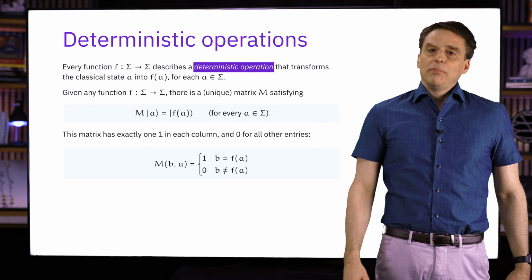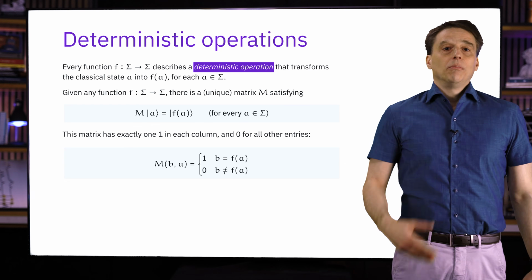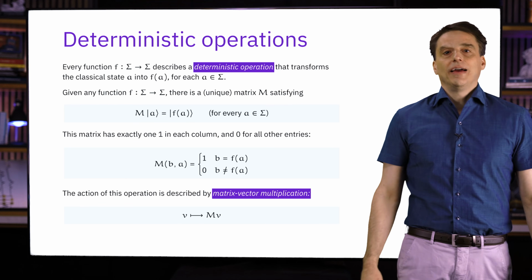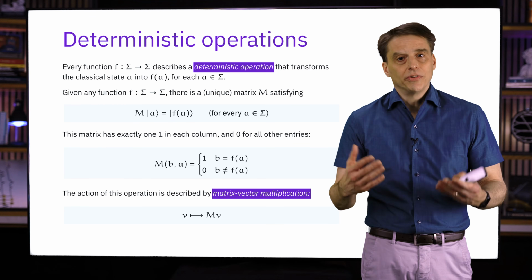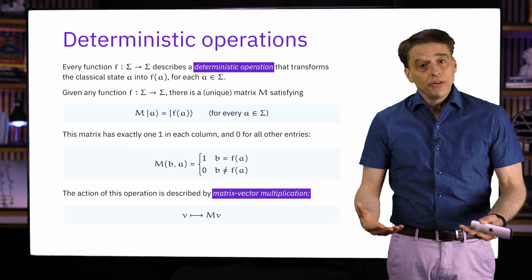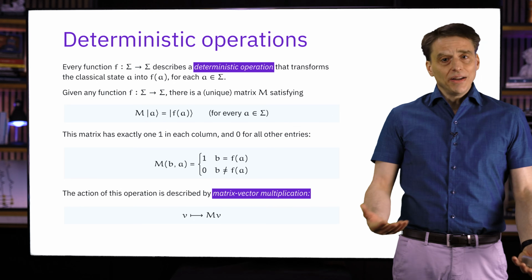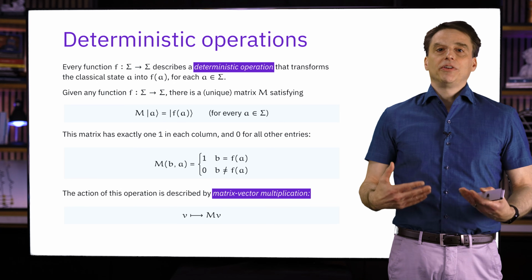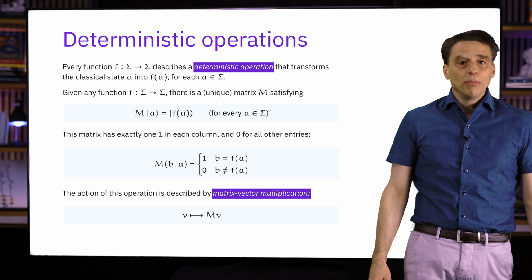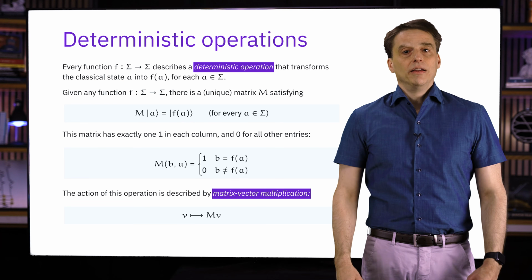Now, it might not be clear why we would want to take a function and express it as a matrix like this, but it does make sense to do this. One of the reasons, and perhaps it's the main reason, is that if we have a system in a probabilistic state and we perform a deterministic operation on that system, then the resulting probabilistic state can be obtained by matrix-vector multiplication. That is, if our system is in a probabilistic state that's represented by some probability vector v, and we perform the deterministic operation described by M on that system, then the resulting probabilistic state will be given by